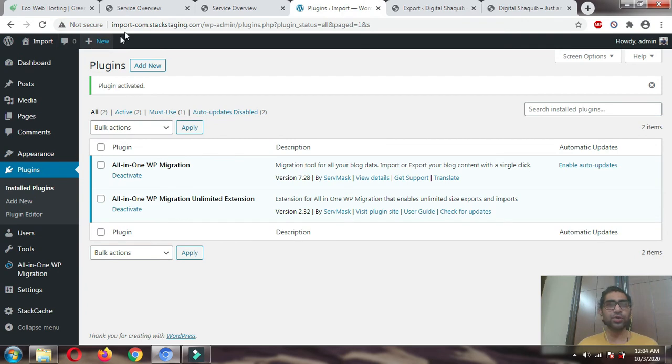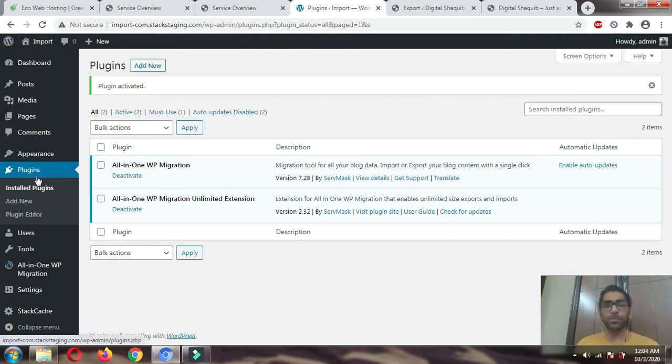This is a new domain. This is my staging area. You don't need to worry about that. Just open and install. For example, you have changed to new hosting. Install WordPress on the new hosting. Obviously, you would need to change the name servers first. There are alternatives, but for simpler usage, you change the name servers, you install WordPress on the new hosting,